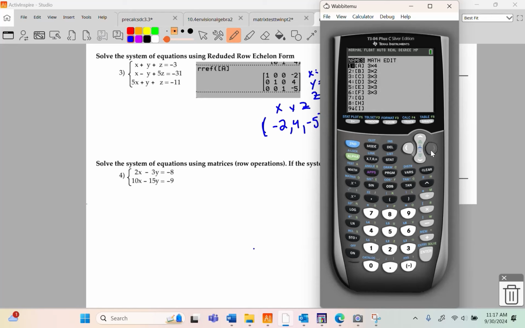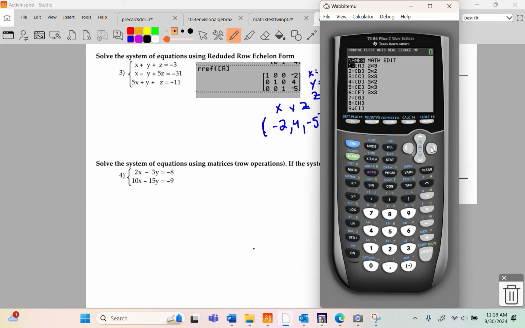Second matrix, scroll my happy butt on over to edit. If I thought about this being an augmented matrix, she would be a 2 by 3. Her elements are 2, -3, -8, 10, -15, and -9. So I type in my numbers, I double check to make sure they're right, I quit,